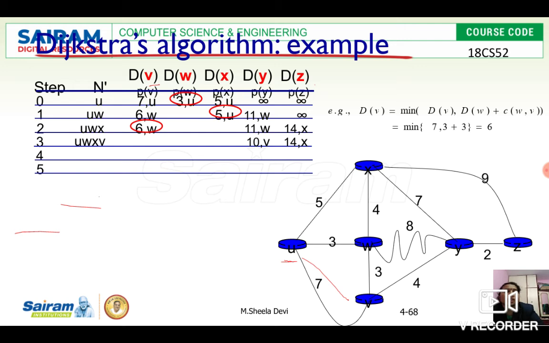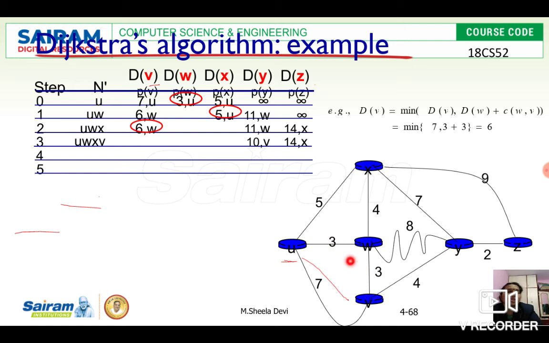Yes, so the same thing is maintained. Next, one more correction here. As I said, from U to V, V to Y. To reach V, which is the best path we said, we have to take that one. To reach V, the best path is through W. So from U to W, W to V is the best path we said.